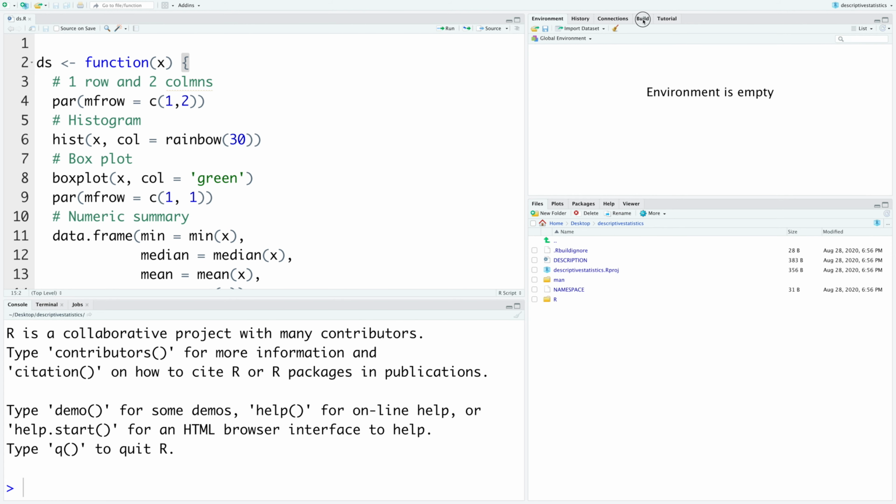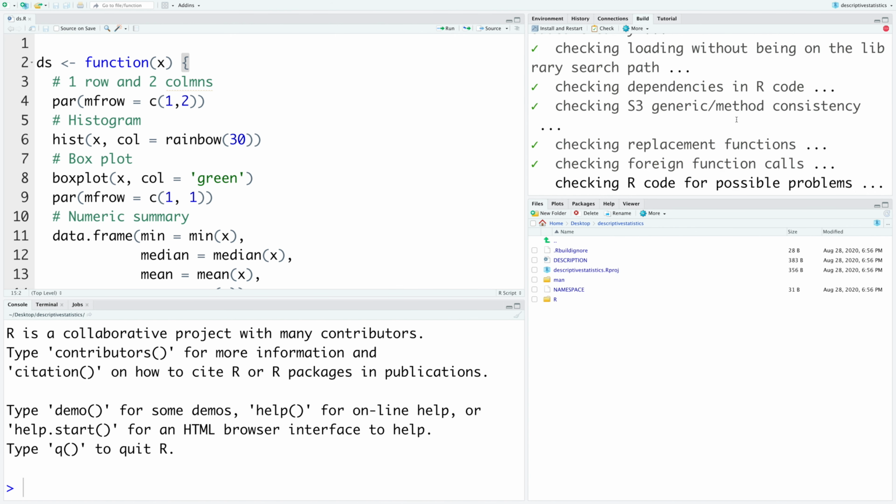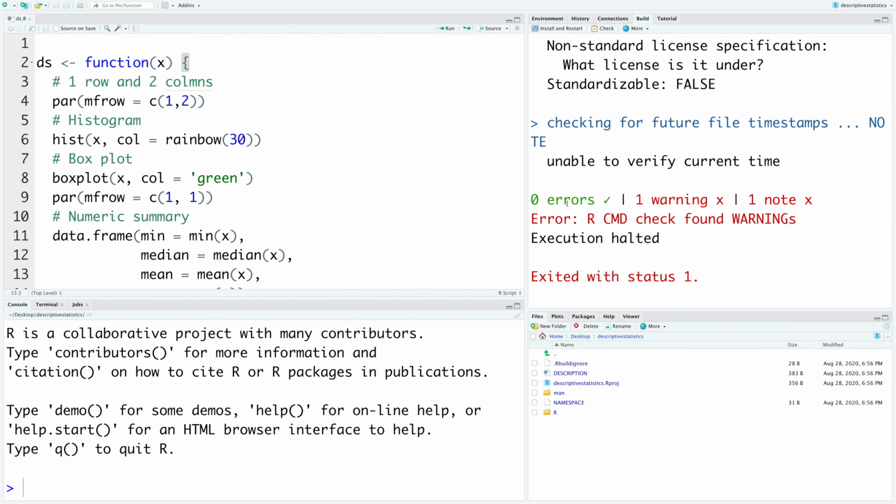Now if you go to Build and run Check, if we can run this check successfully, that means this package is ready to be sent to CRAN for approval. So let's run this. It says there are 0 errors, but there is one warning and also there is one note.